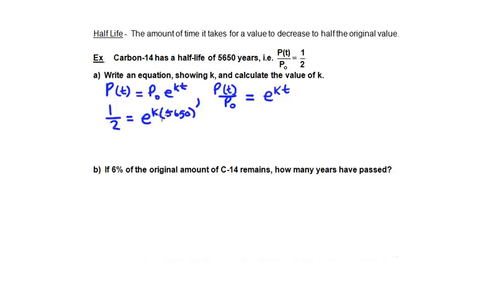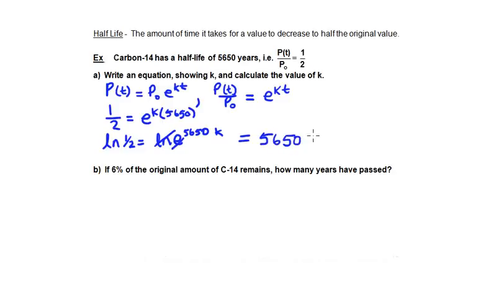Next, what we want to do is solve for k. But in order to isolate this, we have to get it out of the exponent. And so we can do this in one of two ways. One way is, because the base of our exponent is e, if we take the natural log, which has a base of e, we take the natural log of both sides. On the right, we end up with natural log of e to a certain power. And remember that log base e and then e to the power, the log and the exponent will cancel. So actually what we end up with on the right-hand side, again with log and exponent canceling, we simply end up with